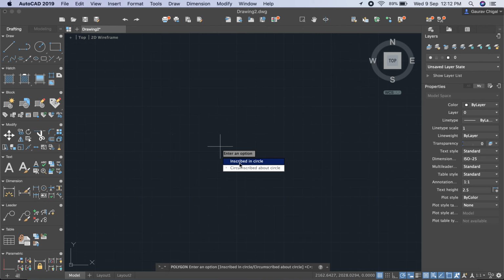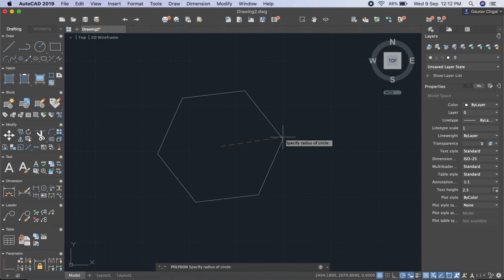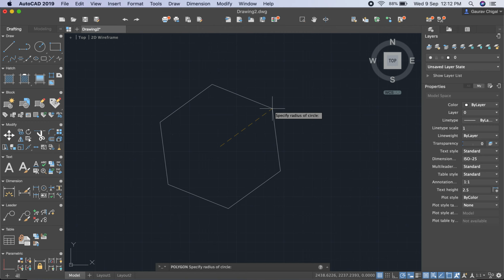So let us say I type I and then enter. Now when I hover my mouse on the screen, you can see the polygon is created. The last option the system asks is to specify the radius of the circle. It is the circle which you draw while defining the polygon, whether inscribed or circumscribed.